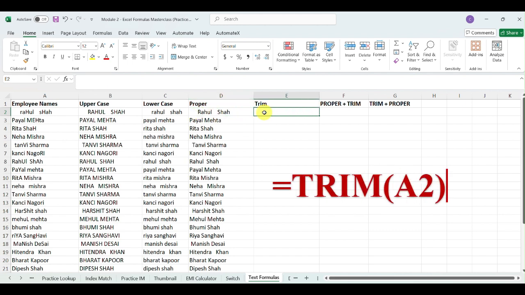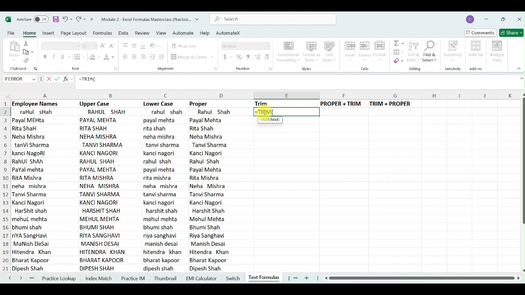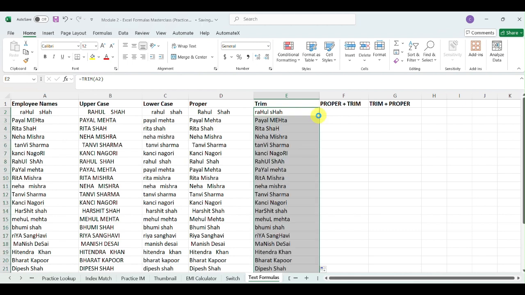So see what else, go for another formula, that is trim. Again open parenthesis, select the text, close the bracket. Now it has trimmed. Just drag it down to the bottom to get the full result for the table. Now trim has removed the additional space.